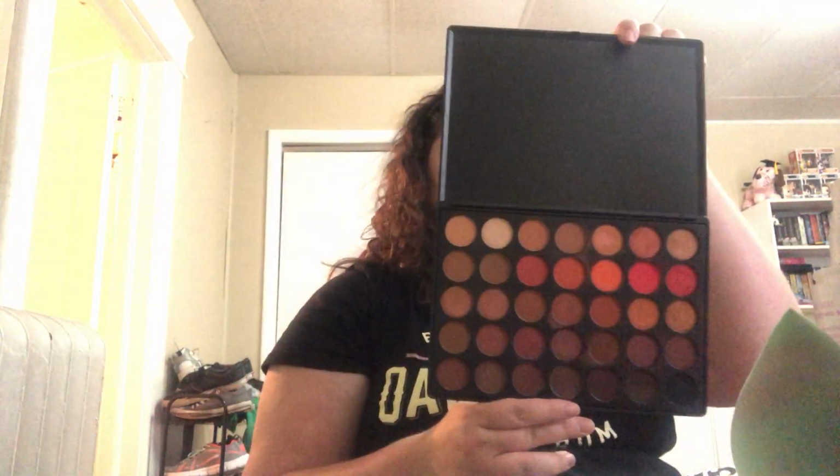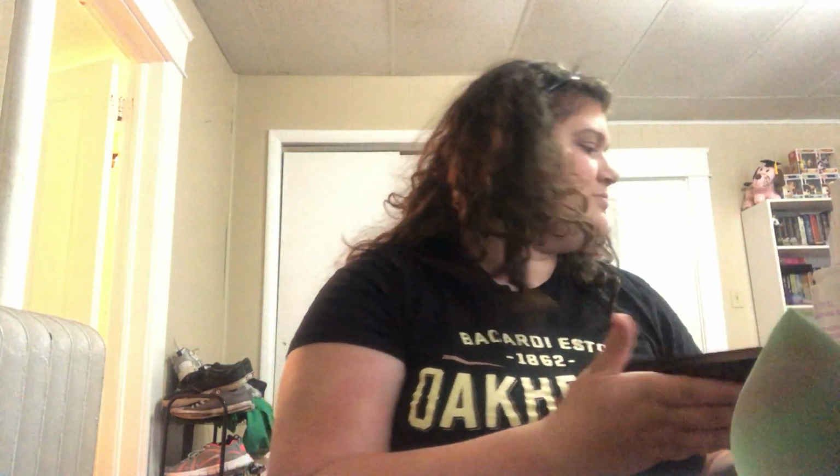And then I have, of course, my Morphe 3502 that I have complained about multiple times that I just don't really like. So I might try to use both. I don't know how that's gonna go. But okay, I'm actually gonna start off with this NYX Lingerie palette and take this bone shade